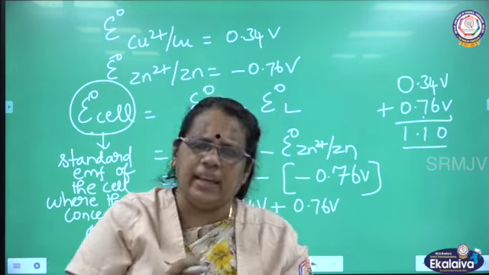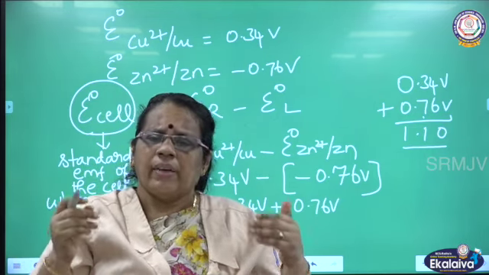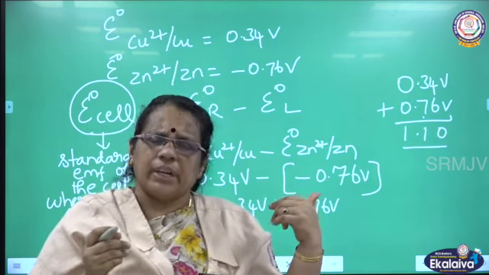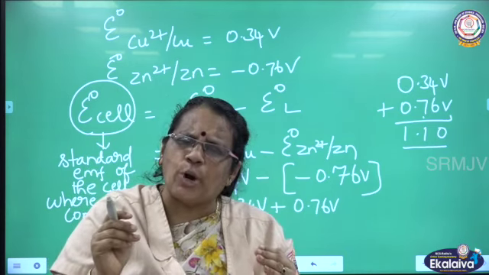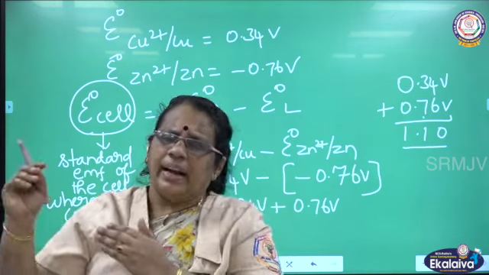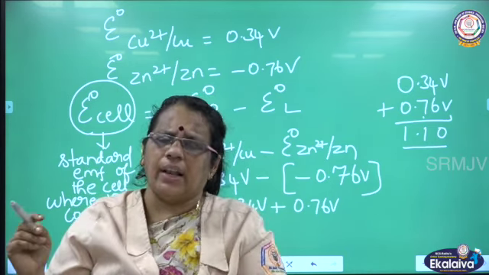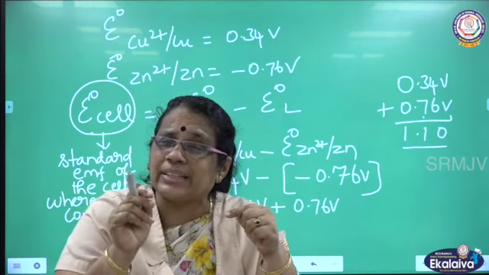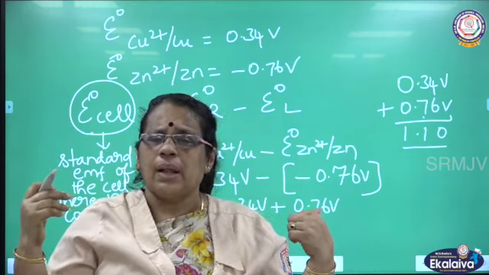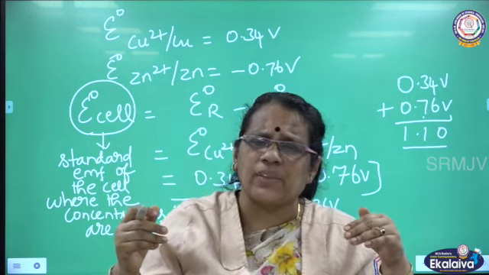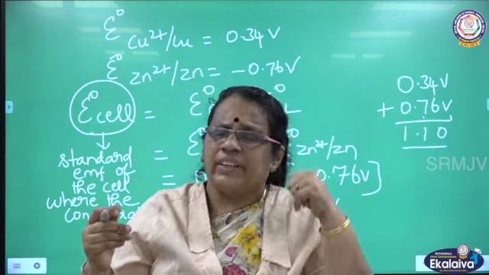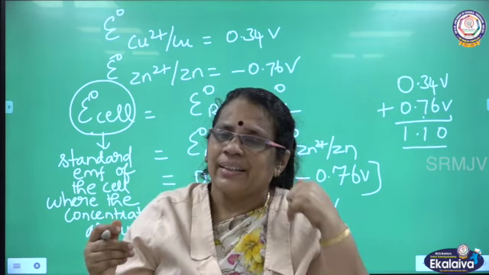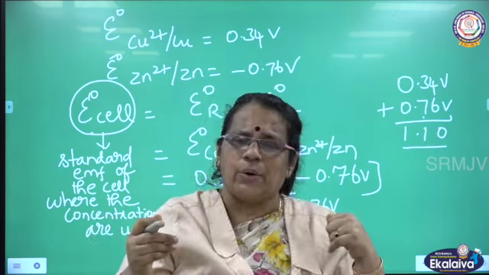I started to write the cell reaction. We have calculated the standard potential of the cell with the help of the standard electrode potentials of the right of the cell and the left of the cell, and I can find out the EMF of the cell. Here, what is standard EMF? It is the EMF of the cell where the concentrations of the solutions are taken as unity. Under such condition, we can call it a standard EMF, which is referred to as E naught cell, equal to E naught R minus E naught L.